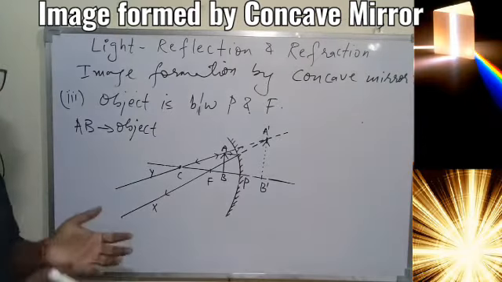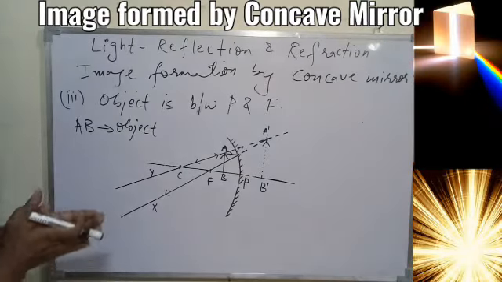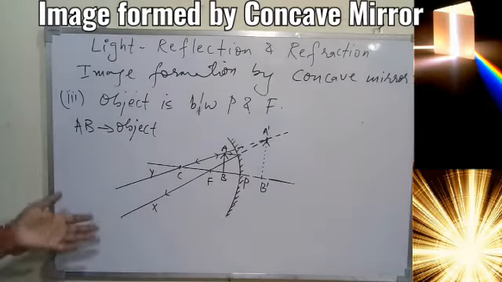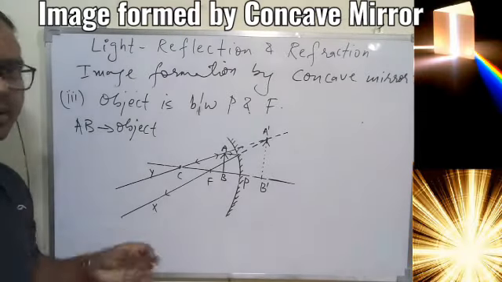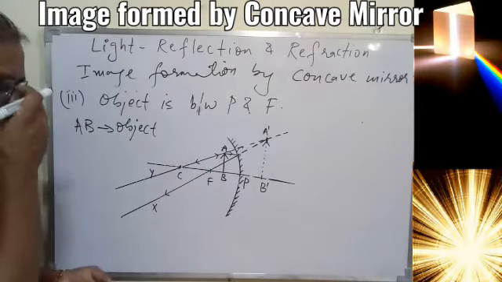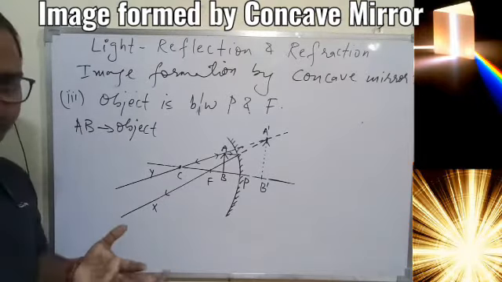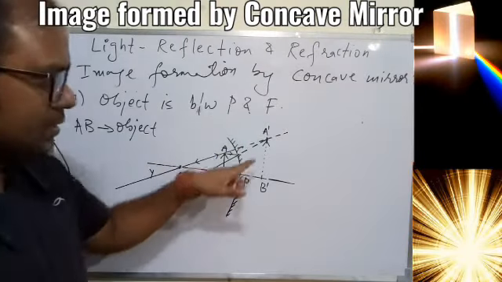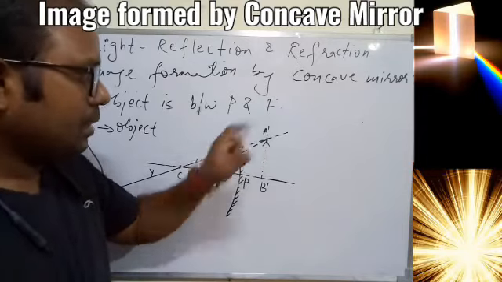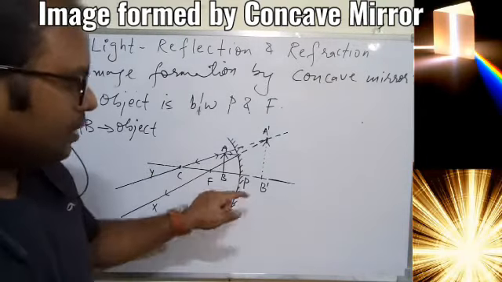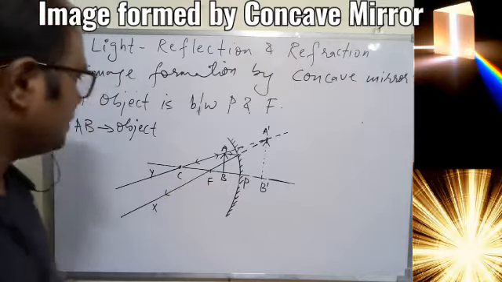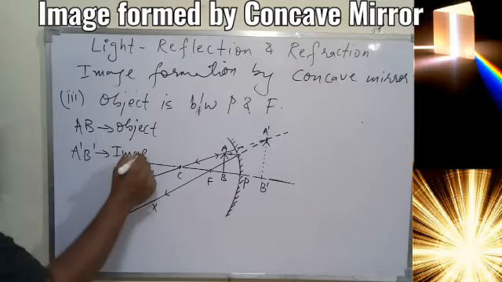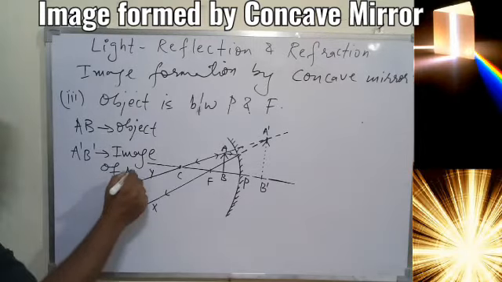Overall, after completing the ray diagram, we understood that the rays of light in front of the mirror are diverging. So in front of the mirror they cannot meet, and once they cannot meet in front of the mirror, it is understood the real image is not possible. So what is to be done? We need to extend the line backward, and see wherever they seem to meet. So X and Y seem to meet at some point, which is given the name A prime. So A prime is the image of A, B prime is the image of B. So we got the image A prime, B prime, which is nothing but the image of AB.